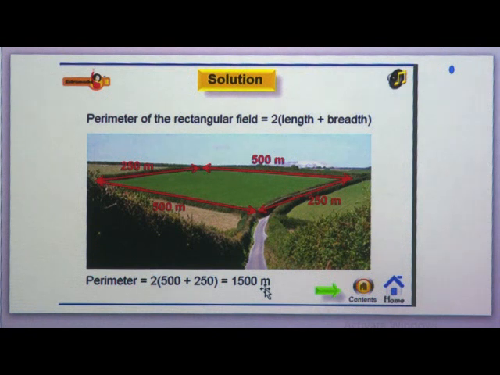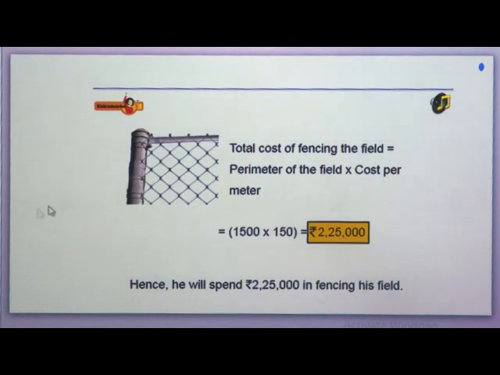Now, what is our question? We have to do the fencing of this field, and the cost per unit is given. How much do I have to pay for this fencing? First I have to go for the rough calculation. So, we will see how to find out the rate of fencing. This fencing, as I already told, just to remember, is nothing but doing the fencing of the field from the outer side.